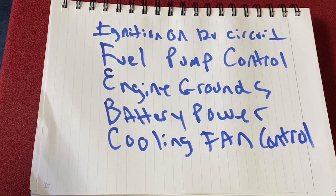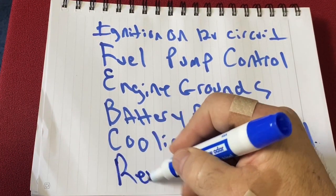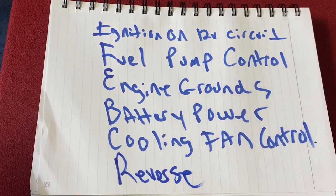Now, this is the one that comes from the ECM. Some of them have a low and a high. Some of them are merged into one. And then finally you have, like in my case, I have a T56, so I'm just talking manual here. There's a whole other automatic piece that probably is worth another